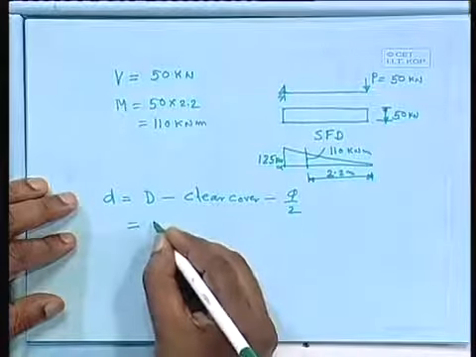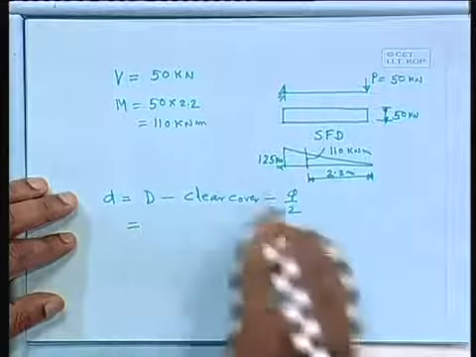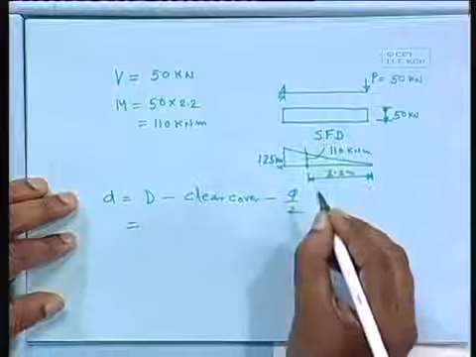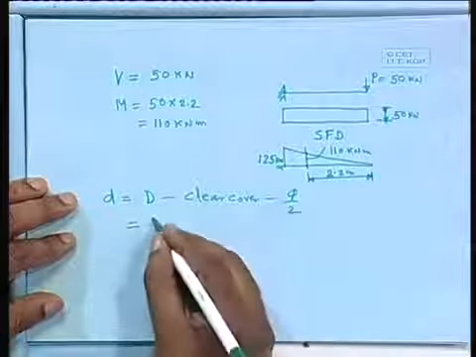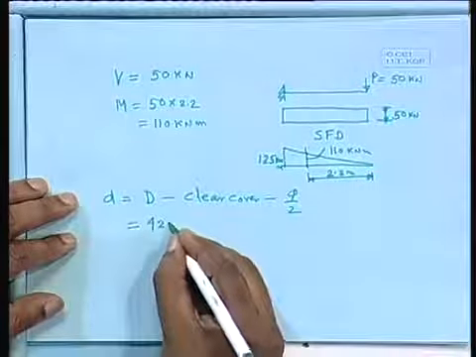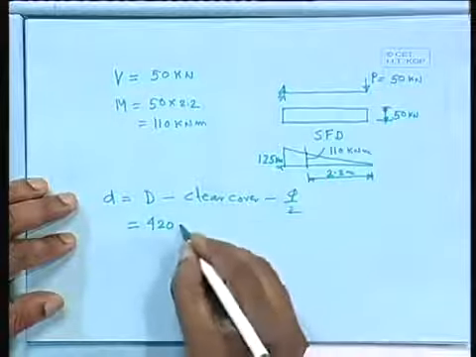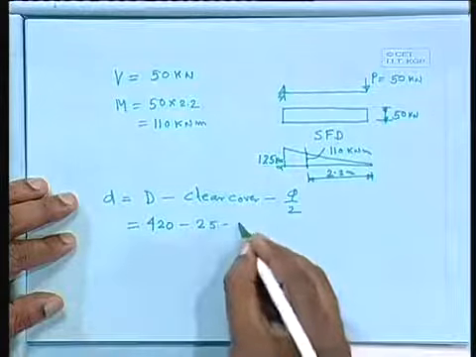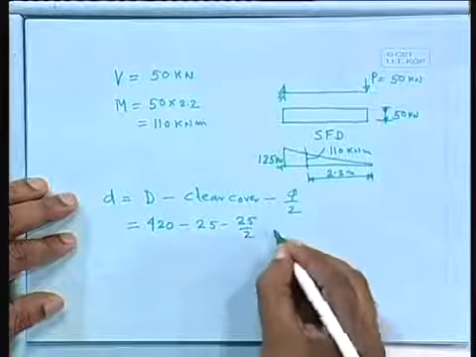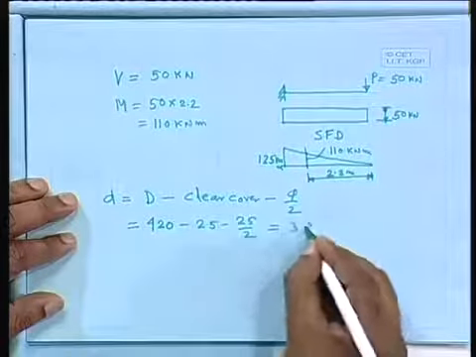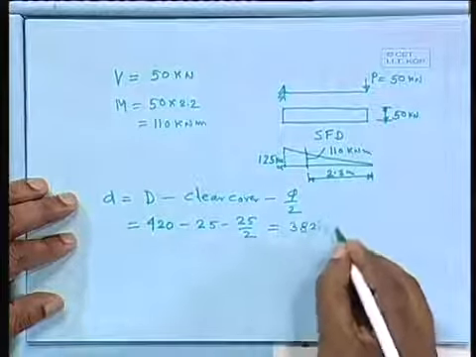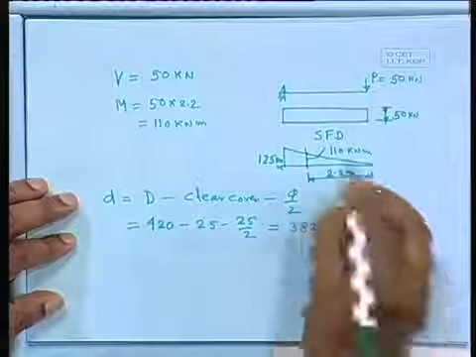So at this point, D will be 420 minus 25 minus 25 by 2, which comes as 382.5 millimeter, because